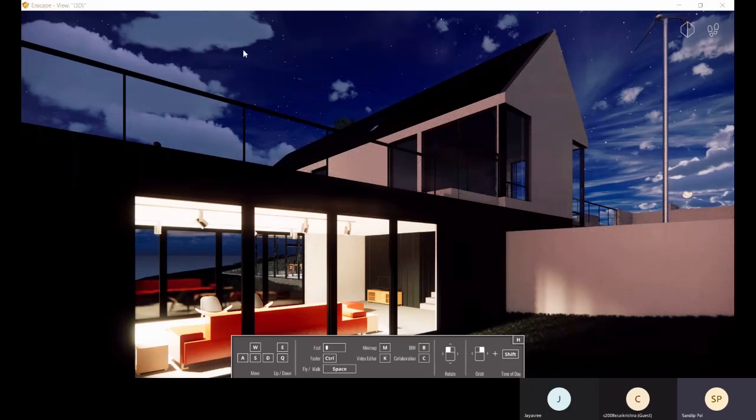And go for this export. Just let me check. Okay, so